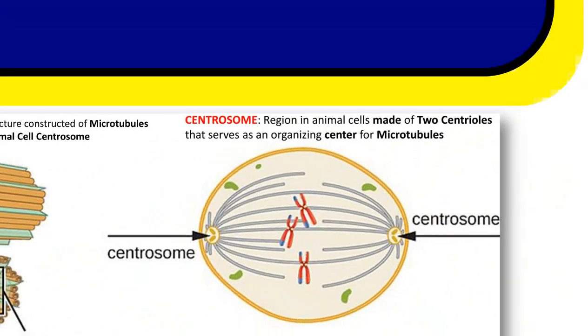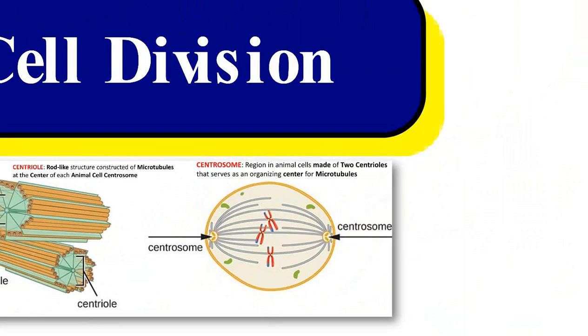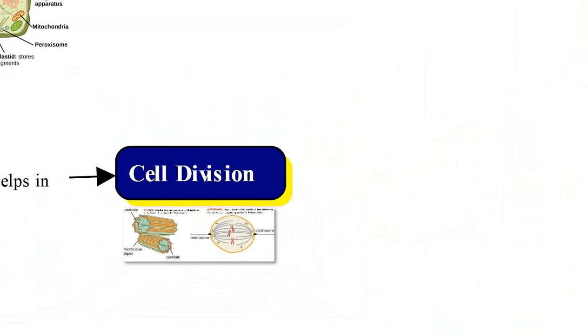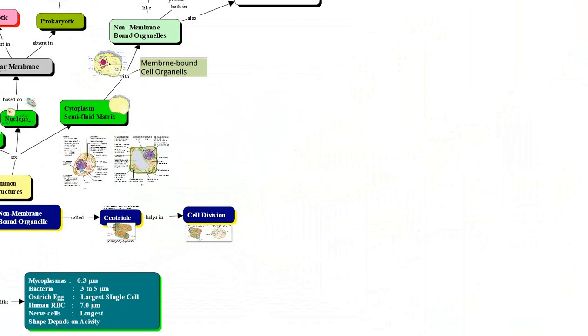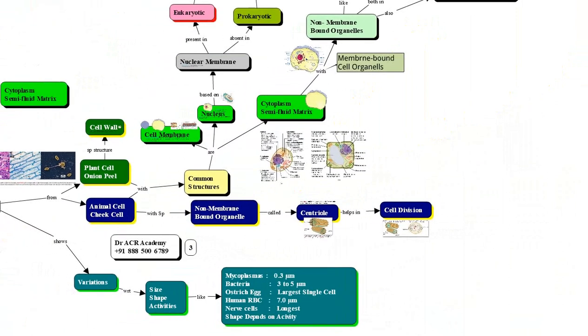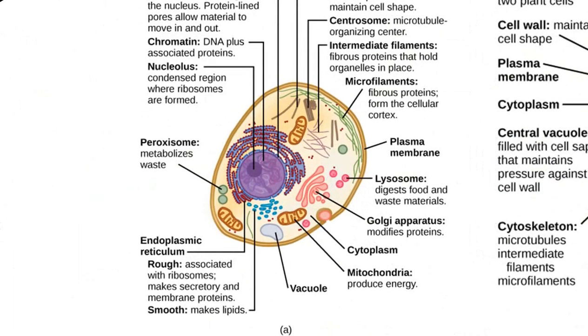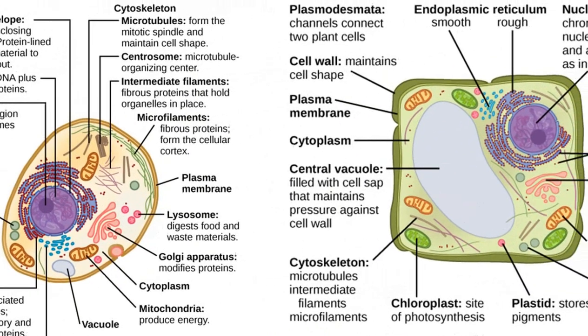This centrosome, with these two centrioles arranged perpendicular to each other, is involved in cell division. These centrioles are made of microtubules. These are unique features of animal cells, and these are absent in plant cells. Then when you look at the comparison of the animal cell with the plant cell, we can see